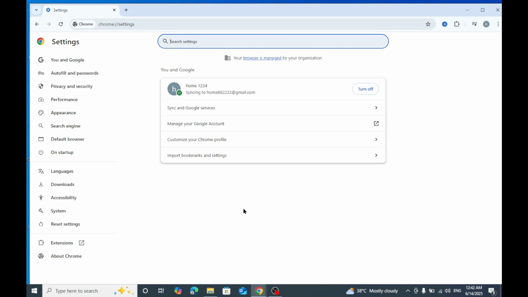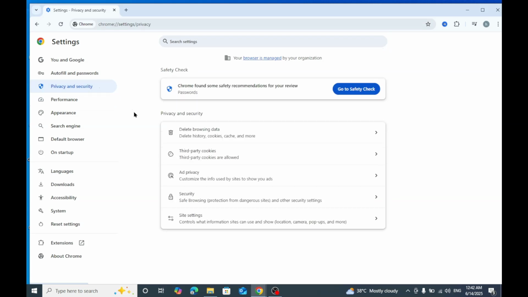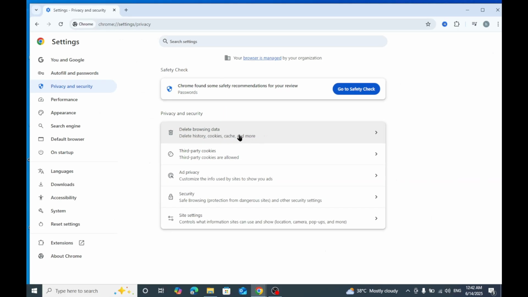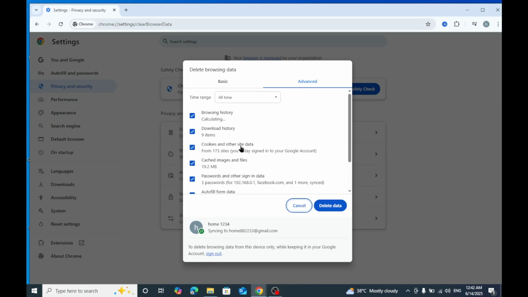You will see this page, then click on Privacy and Security, and here you will see Delete browsing data. Click on that and click on Basic,